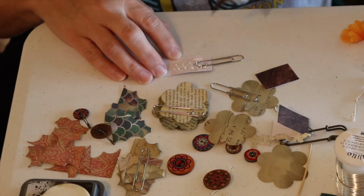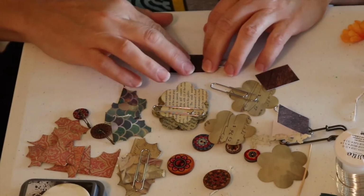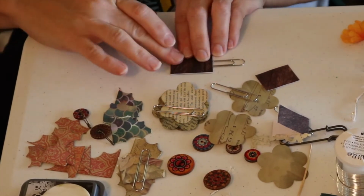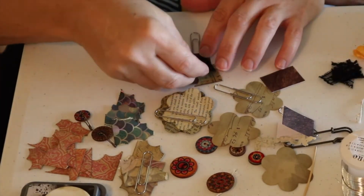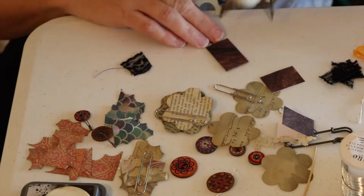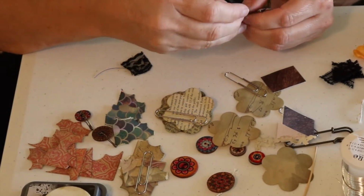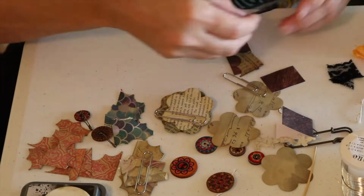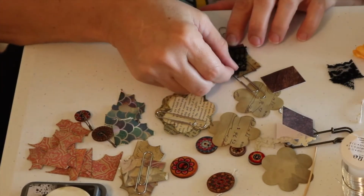If you've never made altered or embellished paper clips, I want to tell you that they're really easy to make. You can see here that I've got a piece of scrapbook paper and I've hot glued that to a paper clip. So that forms my base. Once you've got your base, you just decide the look that you're going for and glue it on there. I used hot glue for a lot of this, but you can use